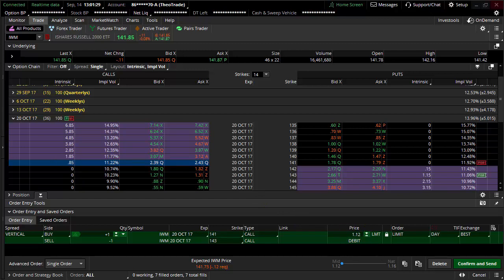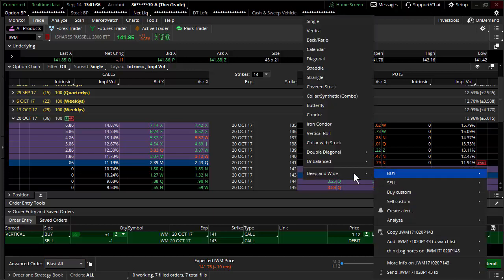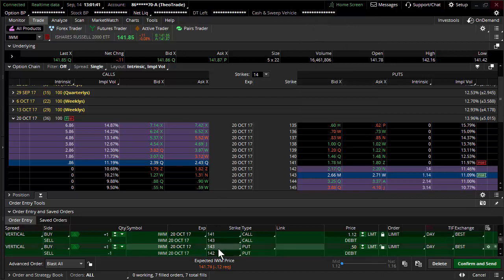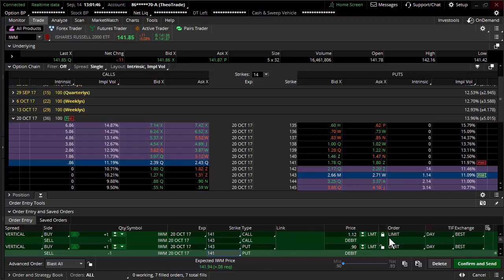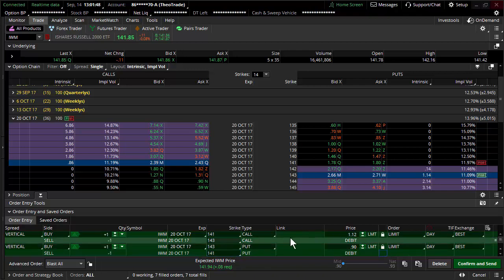Now, let's look at a put spread, a very, very similar put spread. In this case, I'm going to do the spread that I just purchased. I'm going to come up here to buy, go down to vertical, and make it a 143, 141 put spread. Now I'm going to lock the price here. This is two different trades, and you would never do both. One of them is bullish. So let me clarify and draw in here. The trade on top is our bull trade. The trade on the bottom is the bear trade.